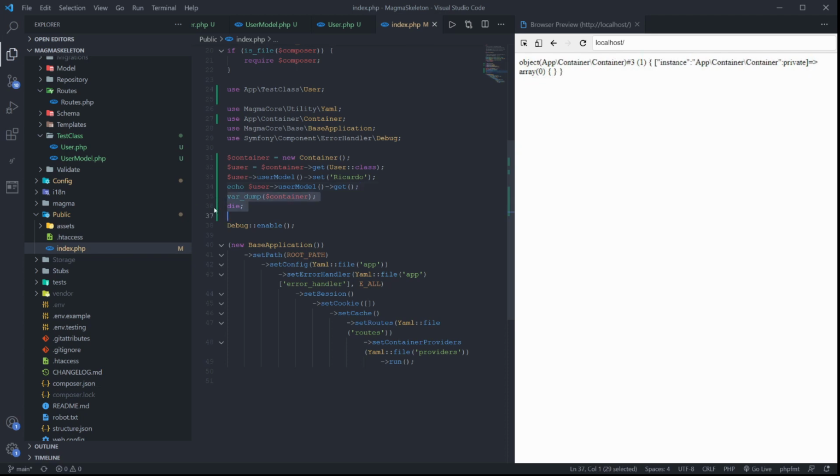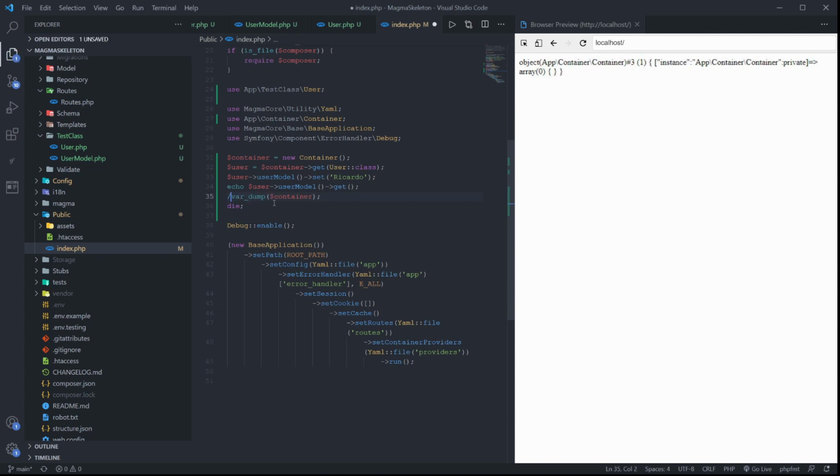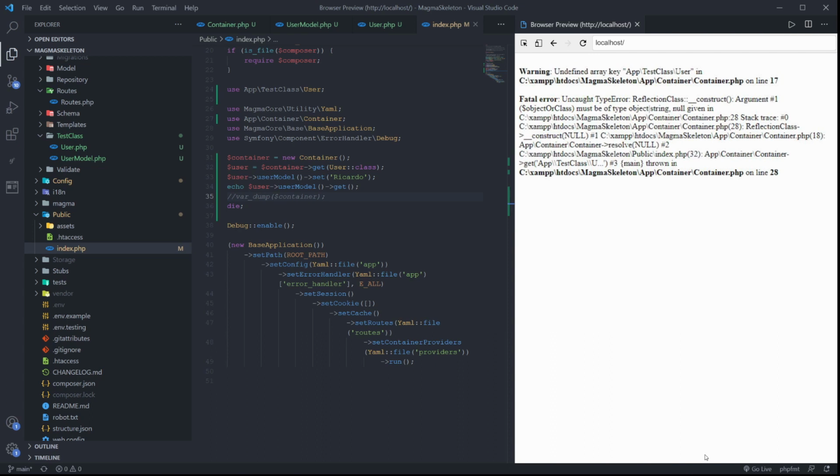Obviously, we don't need these var dumps anymore, so let's just comment that out, leave a die script in, so we're still killing everything below. Let's see what we're getting back. So now we're getting an error, and if you see the error, it says undefined key app test class user, and right away we know that we're missing something from our actual container class, and this is something that I have not done on purpose because I want you to see exactly what we're missing